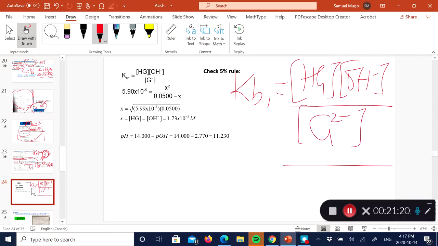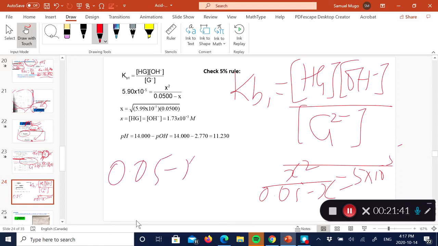And so in that case, you've got X squared divided by the formal concentration, which is 0.05 minus X, equals the Kb1, which is 5 times 10 to the power minus 5. And then you can solve for X. Again, you can make an assumption that 0.05 minus X is approximately the same as 0.05. And so that X can be neglected, meaning you don't have to solve the quadratic equation, meaning X